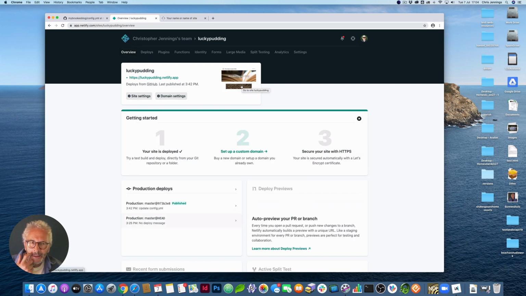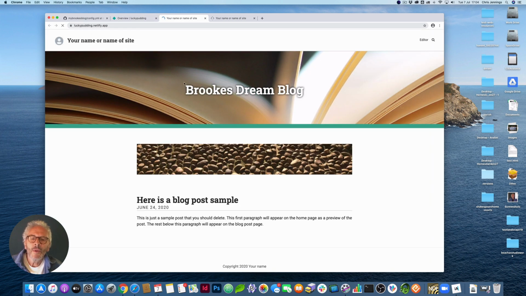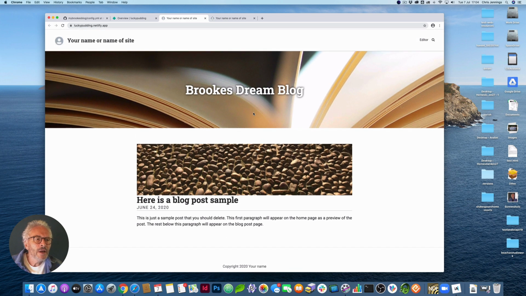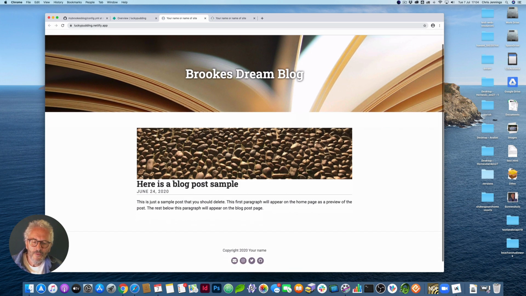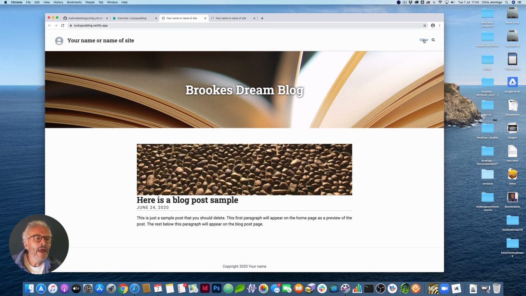You can see it's got a little thumbnail here. I'm clicking on that, so this is opening. Okay, so here we have the site, and everything is as expected, as it was before. There's nothing changed, except that if we now go to the editor,